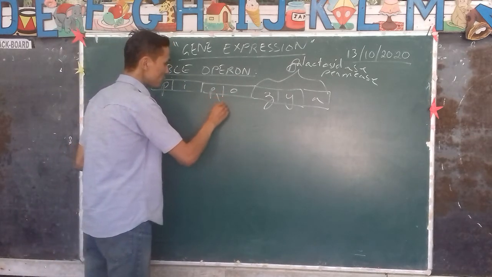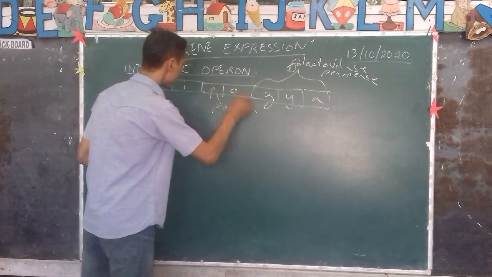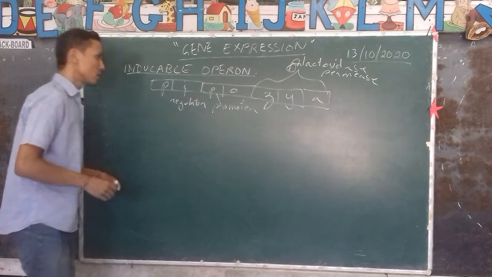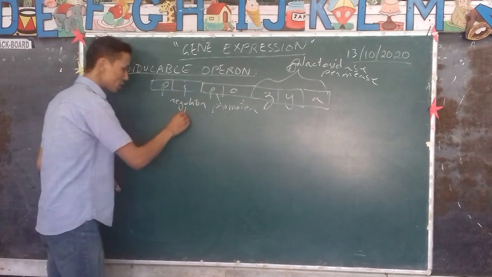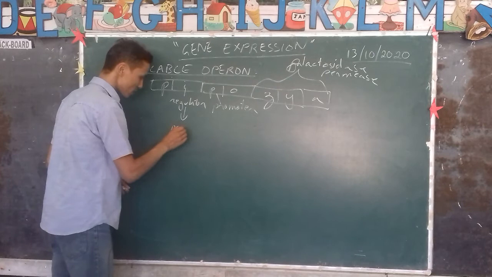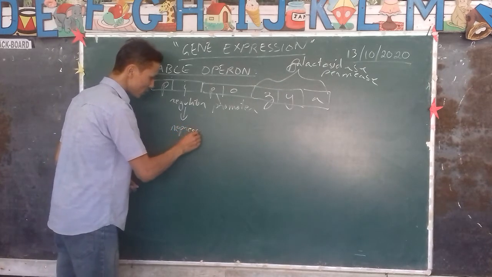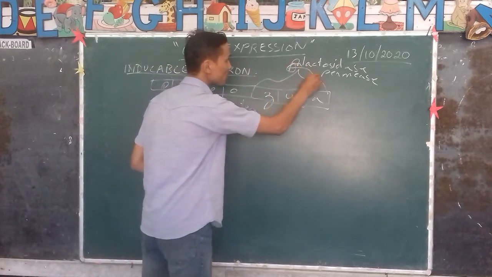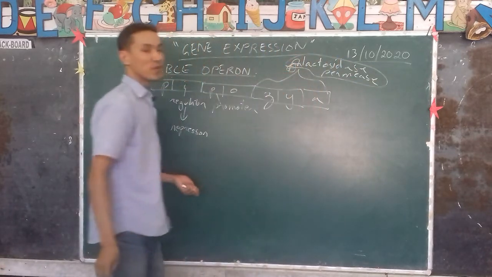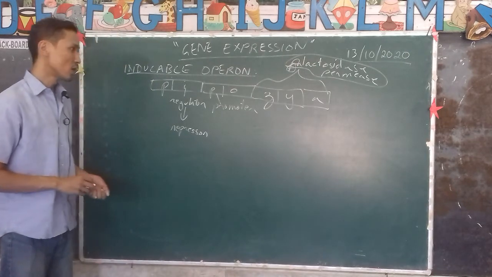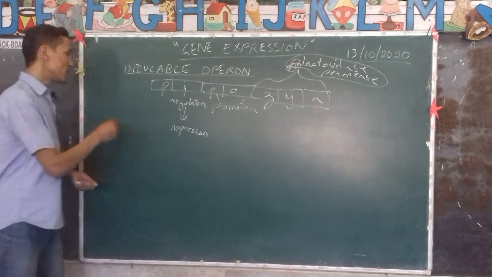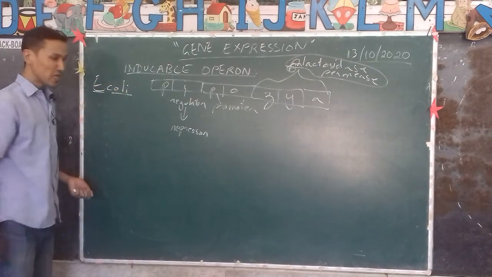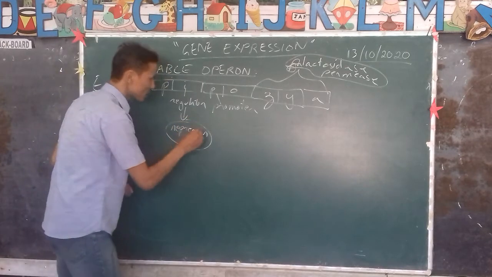This P stands for promoter, I stands for regulator. Your regulator gene produces a protein called repressor. Your ZYA genes produce the proteins beta galactosidase permease that help in the digestion of galactose. Now, generally when the E. coli is growing in a normal medium, this repressor protein